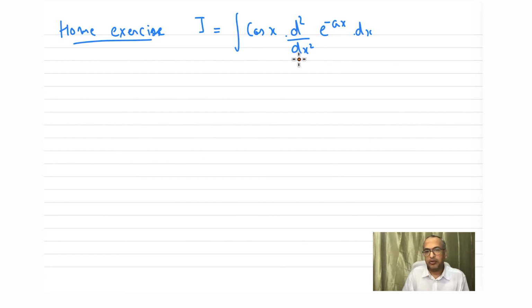Now we all know already that the d square by dx square operator commutes with parity. Now try to identify whether this is an even function or an odd function. Do a little exercise. And now based on symmetry rules, can we say if I is equal to 0, I is not equal to 0,